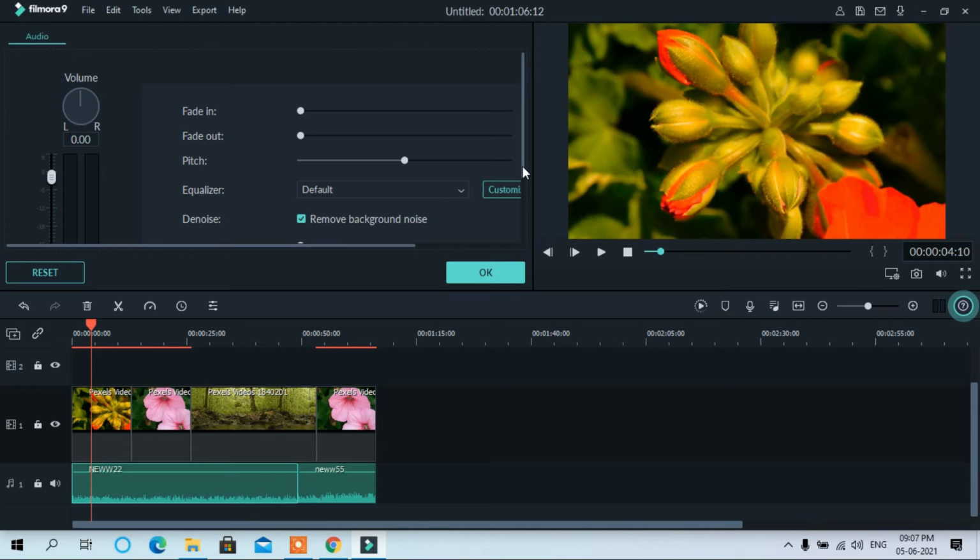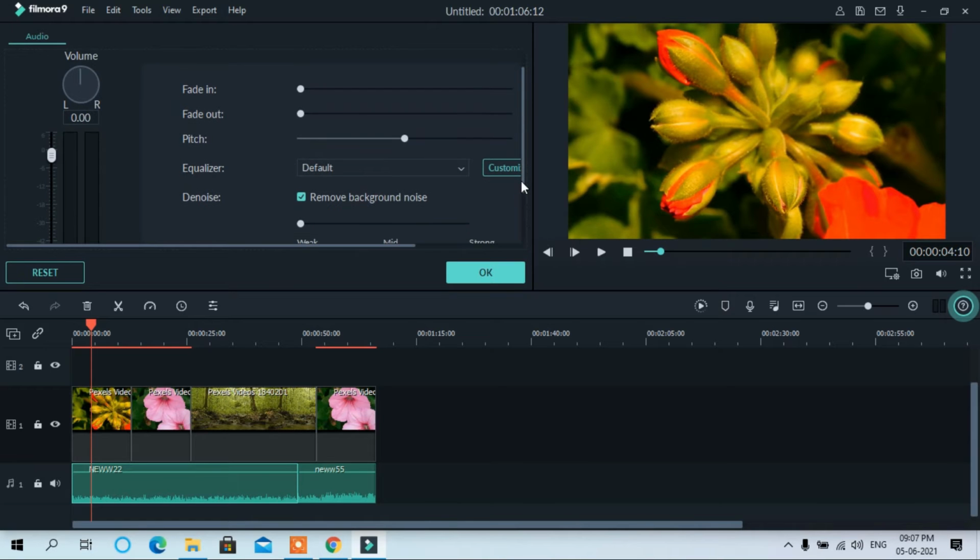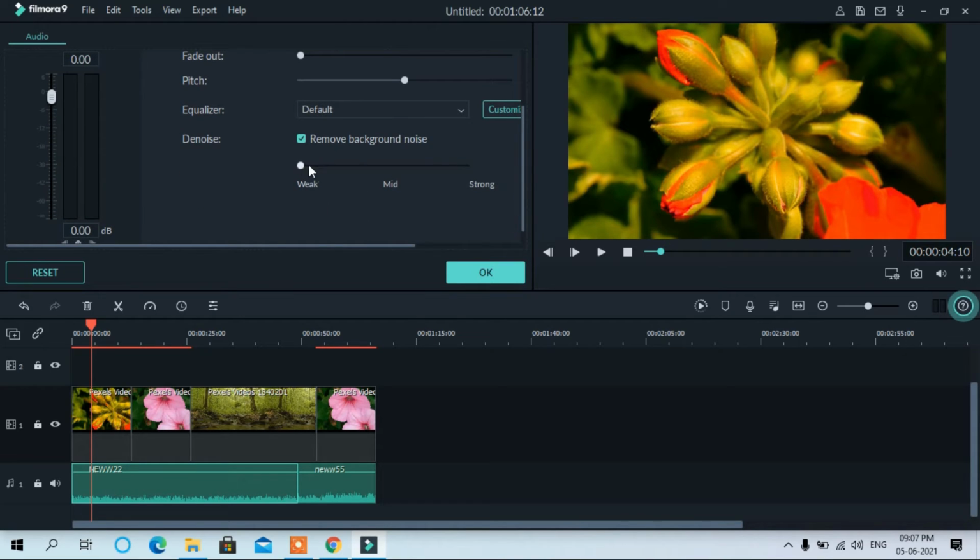If you want to reduce the noise, you can use either weak, mid or strong noise. If you have weak noise, you can put it here, or if you have a mid-range noise, or if you have a strong noise, you can remove that noise using this and OK.